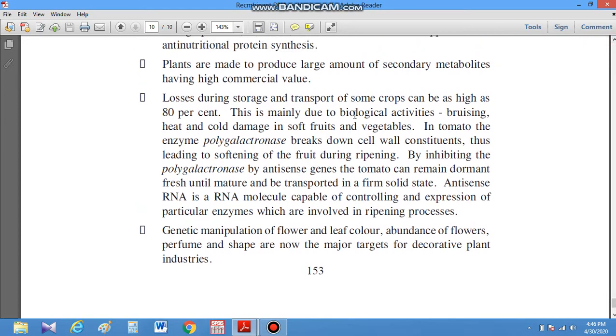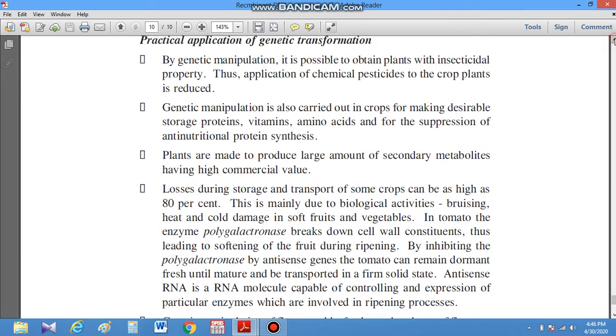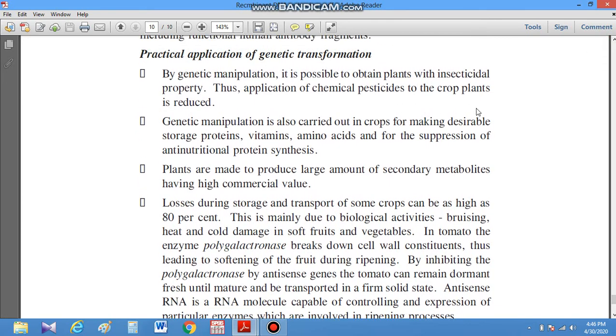And besides it, we can develop transgenic plants for commercial purposes. It is reported that in tomato, which is also called Flavr Savr tomato, antisense gene technology is used, in which the enzyme polygalacturonase, which is responsible for the breakdown of the cell wall of tomato, has its activity inhibited, and tomato fruit ripening is delayed. So in this way, there are lots of uses of recombinant DNA technology, and they are very helpful in the production of transgenic plants, which are commercially very important.